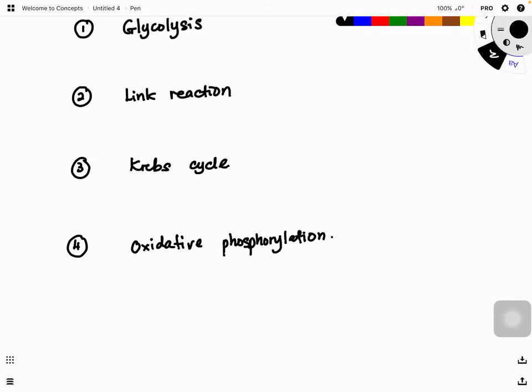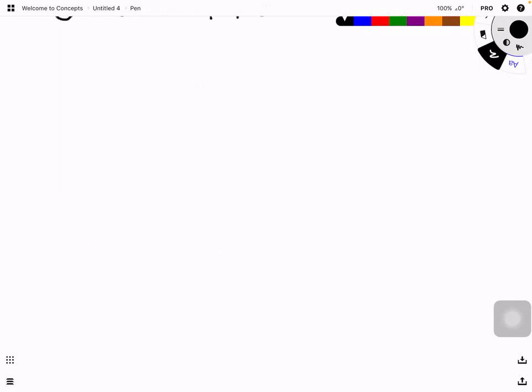So whatever we have learned previously in terms of the chemical reactions,